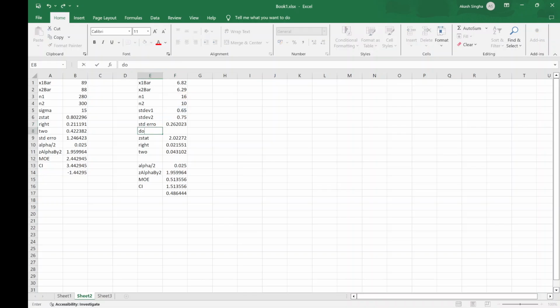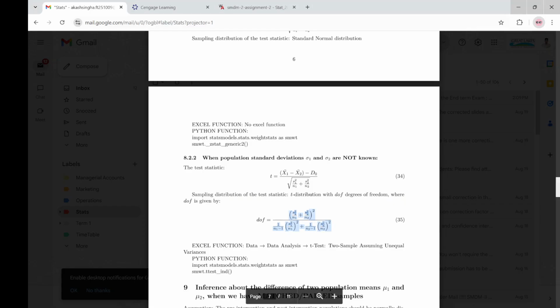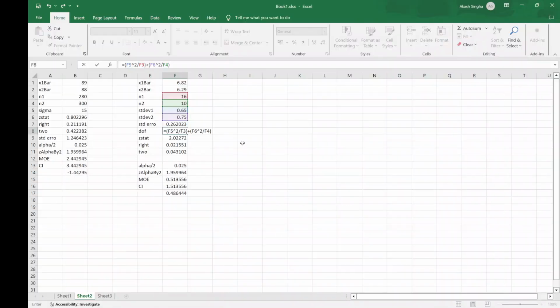So dof equals s1 square by n1 plus s2 square by n2, its whole square, by